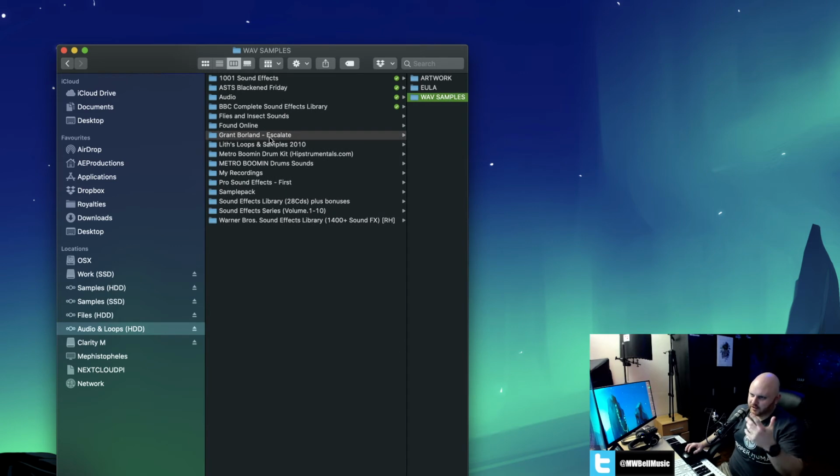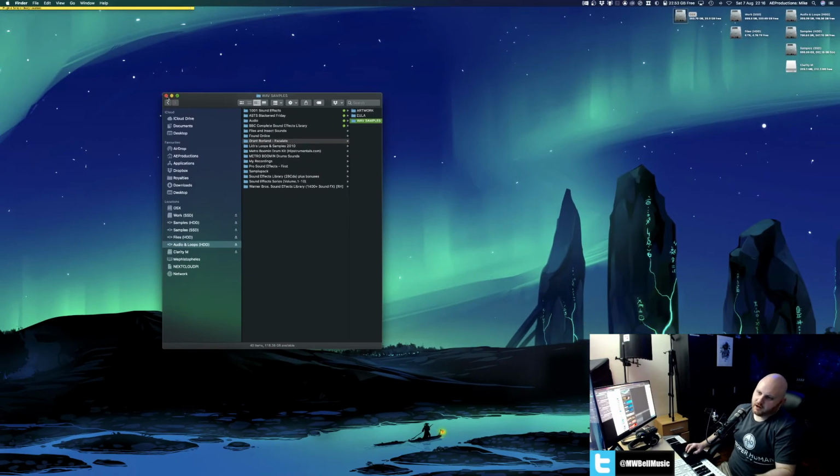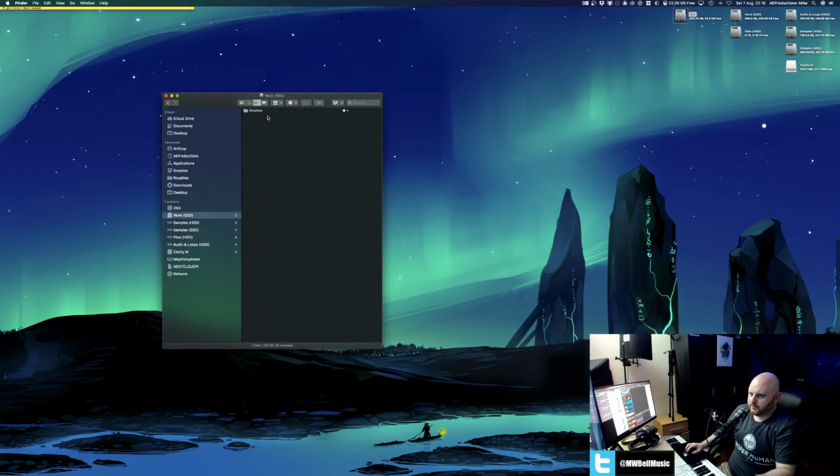So that's how I structure that. I just throw stuff onto a drive, really. And that's kind of it. Like I say, Mephistopheles is my time machine, and Nextcloud Pi is my Linux server, which backs all this stuff up. So moving on to backup, like I've mentioned, this work drive is not only backed up